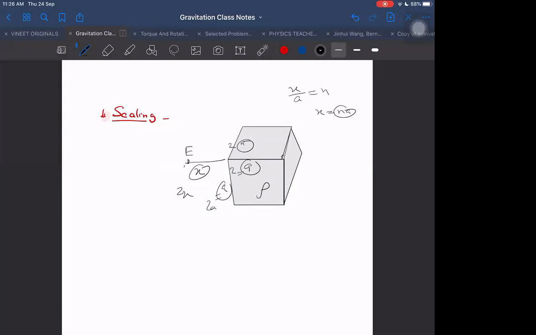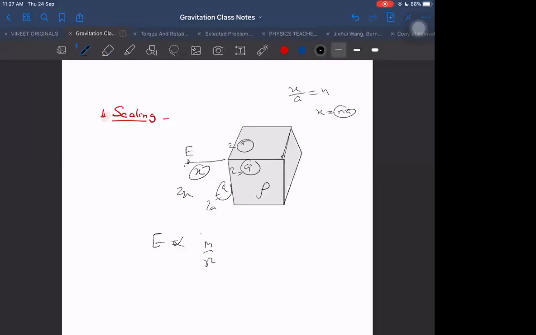We are scaling up the things, we are magnifying the things, we're keeping the densities, etc. same, but we are magnifying the distances. Distances we are changing only. So as we are changing the distances, what effect do we have on the field that we want to find out? So we can do it in this way. It is like dimensional analysis. We know that field is proportional to G m by r square, G is constant only, so we can say it is proportional to m by r square.